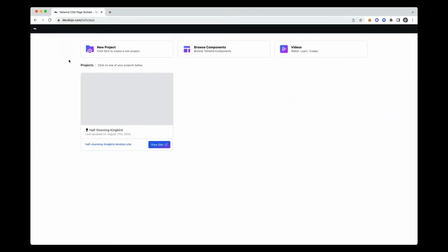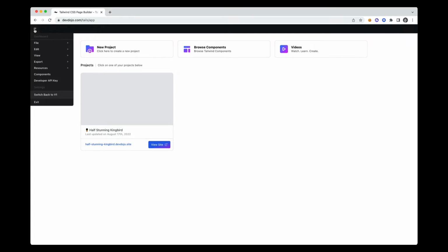Okay, in this video, I'm going to give you a brief introduction to the Tails interface. So here we have your application dashboard in front of us. And if we go up to the top left, this is our main navigation. And we can get to anywhere in the application from the main nav. So if we were inside of a project, we could jump back to the dashboard, which is what is here in front of us. We can then go to File, New, Edit, View, Export a project, go to the resources,